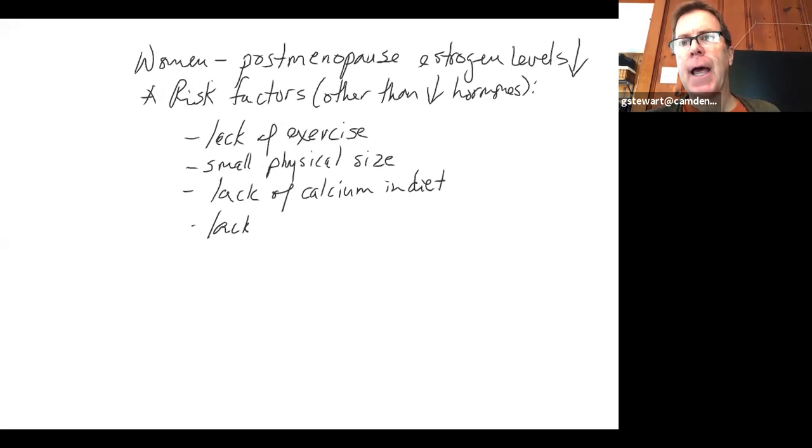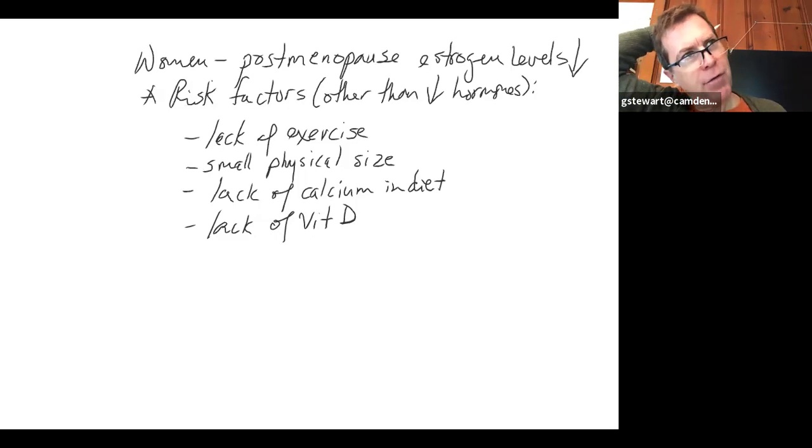I'm just going to say lack of vitamin D. That means either from lack of sunlight, or we can supplement if we don't get a lot of sunlight. If we live in an area in the northern hemisphere or deep southern hemisphere where the days are short, or we just live inside most of the time, our skin does not produce a whole lot of vitamin D. We can supplement that dietarily. So lack of vitamin D, either from lack of sun or diet, and smoking